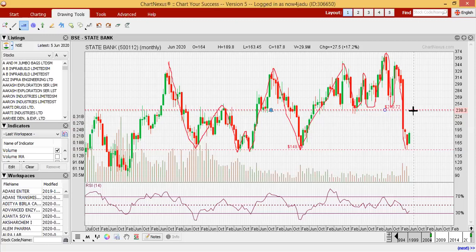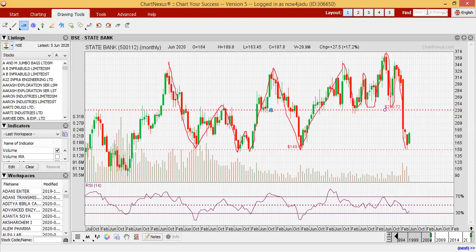I have a method called the trailing stop loss method. At that level, with the increasing price, we will also have to shift the stop loss. So with the trailing stop loss, we can save our profit. At the 240 level, we will again analyze the stock, what current trend it shows at that time, and accordingly we can take our decision.